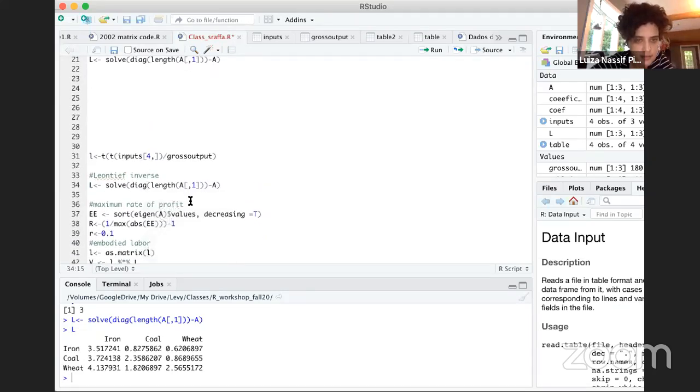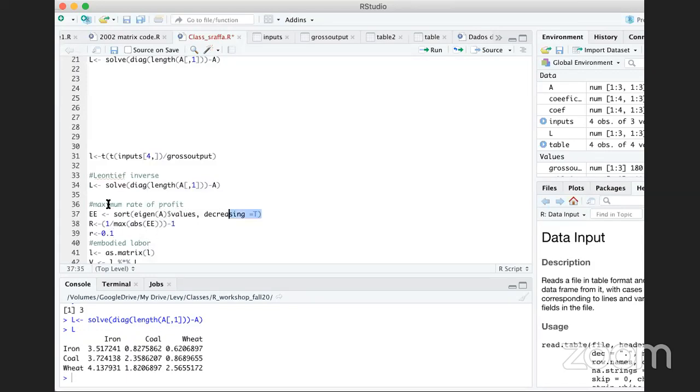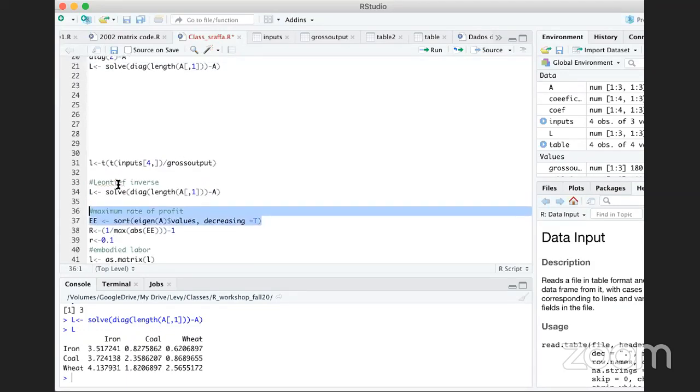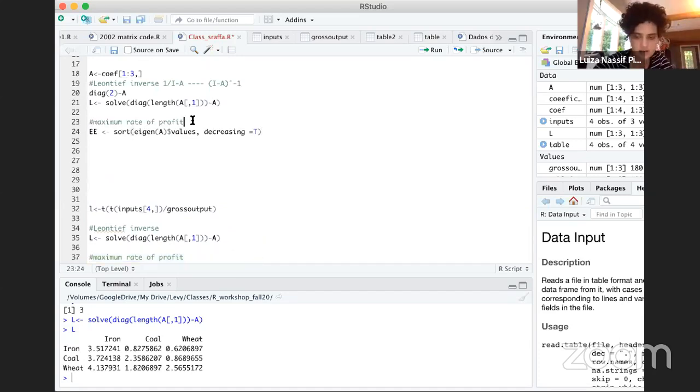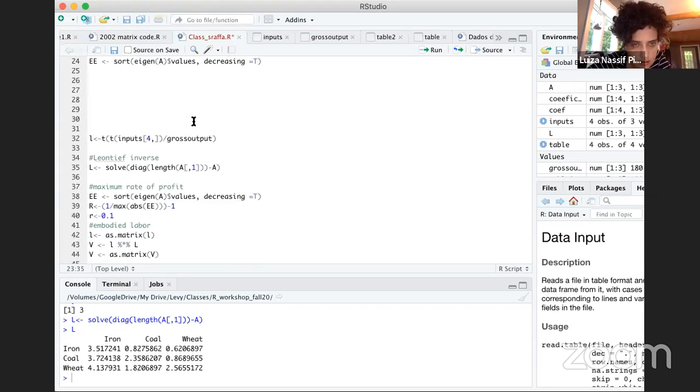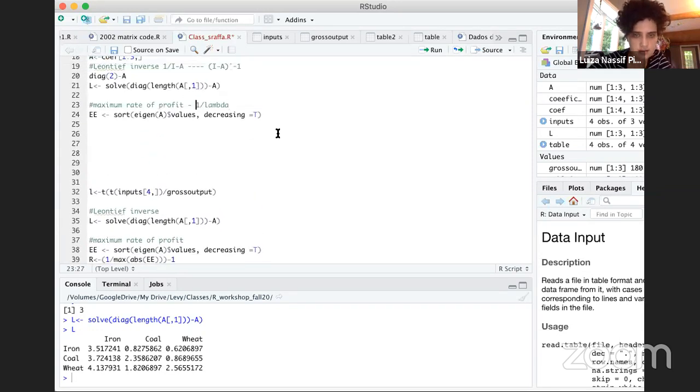But your maximum rate of profit, let me bring this back there. Your maximum rate of profit is 1 over, no, sorry, it's 1 over lambda minus 1. Yes, 1 over lambda minus 1. So actually, the way this is done is that your lambda,